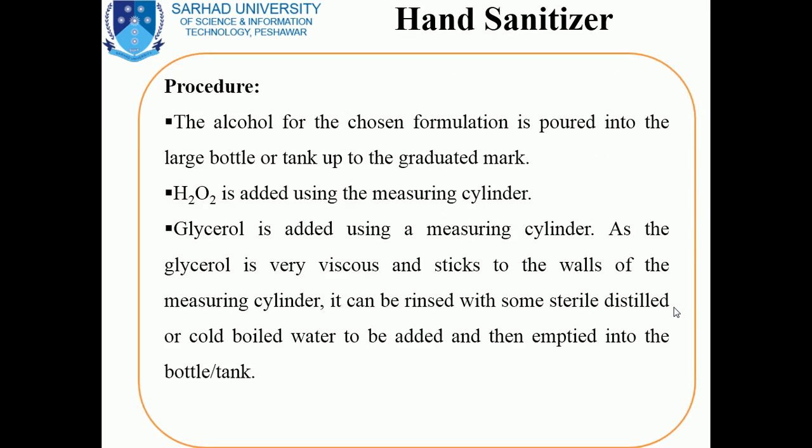It is easy to enlarge or to reduce the formula. If we are interested to reduce the formula, we will divide by the factor. If we are interested to enlarge the formula to make the formulation quantity more, then in this case we will multiply by the factor, which is a different factor for each formulation. In the second step, hydrogen peroxide is added using the measuring cylinder or graduated cylinder. And the third step, glycerol is added using a measuring cylinder,